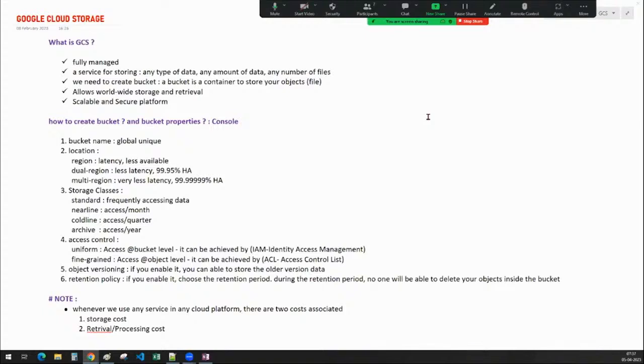Now the question is how to create a bucket. As I told you, if I want to work with any service in GCP, there are two ways: one is via the console, and the other is via a command line tool. Okay, so let me open